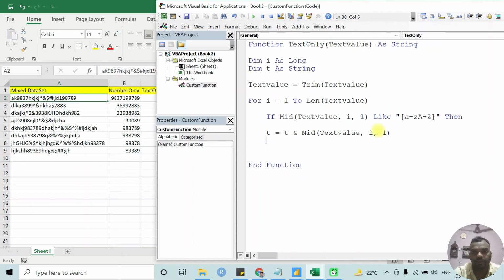Okay, and end if, next i, and return the text value equal to what is collected in t. Now check.